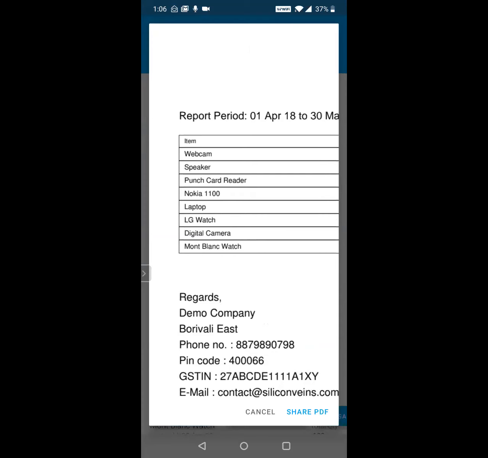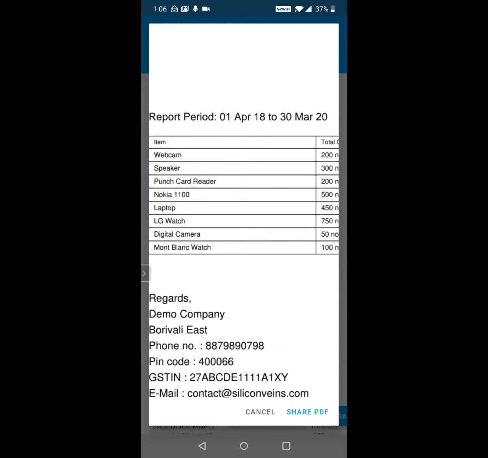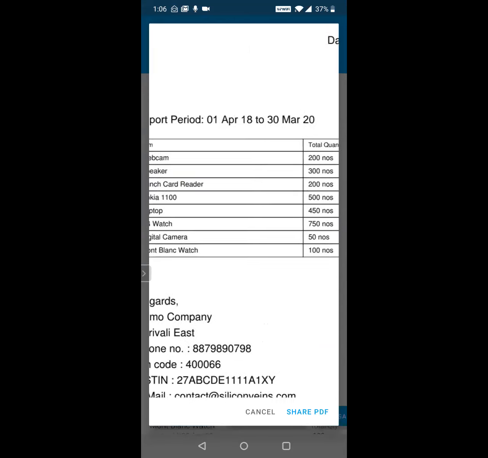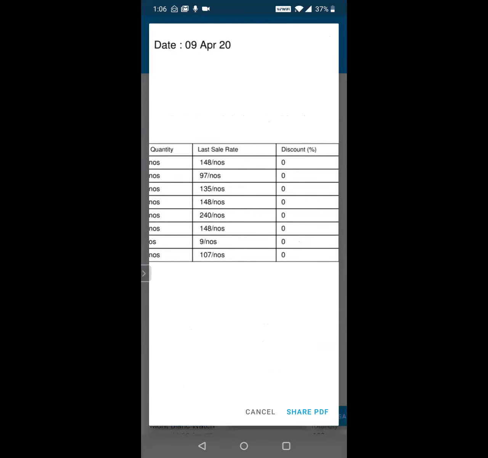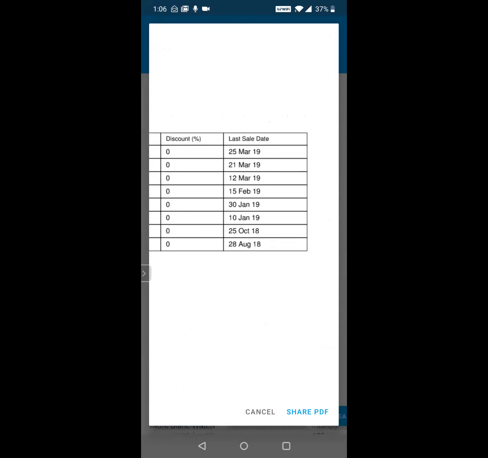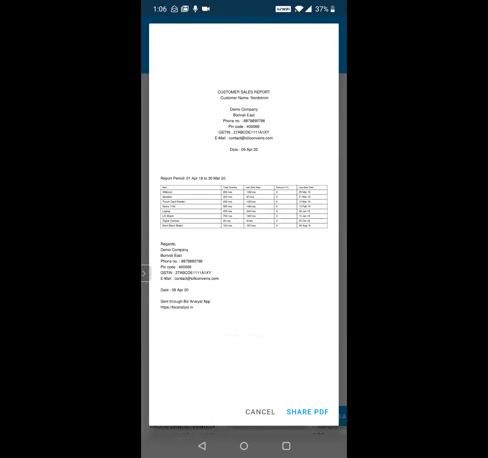Why are we not getting the orders again? So this is a report he can show to the customer. These are the items, this is the quantity, this was the rate at which I was giving it to you. You can send the revised rates or whatever it is, and the last sale date. This is a good way to start the conversation with the customer on getting the business back.